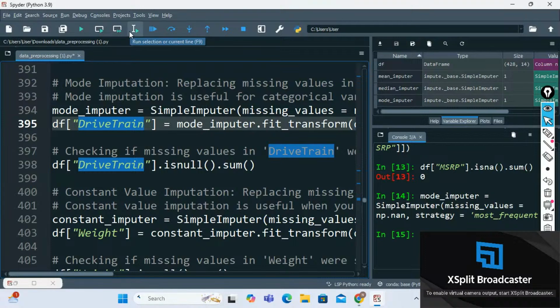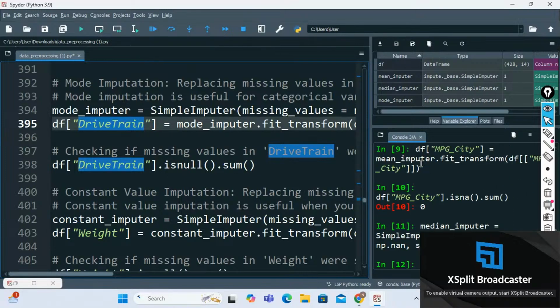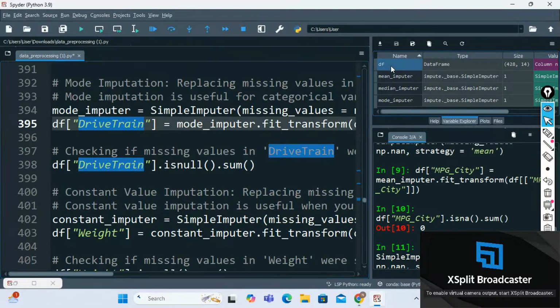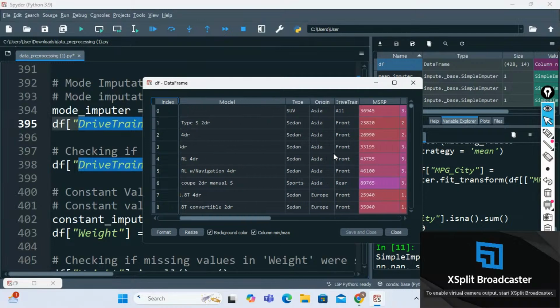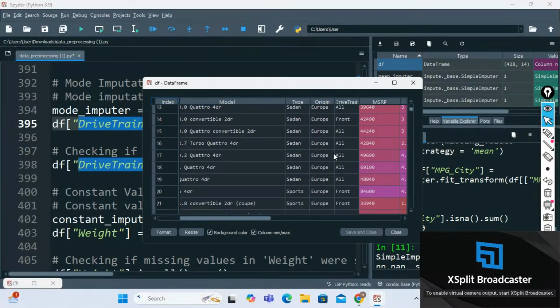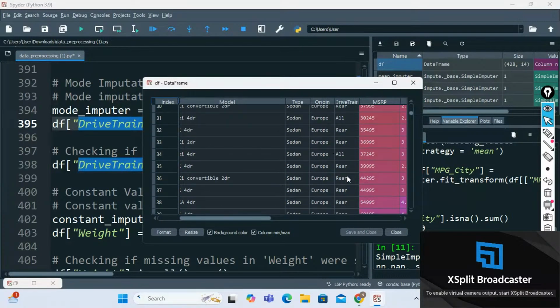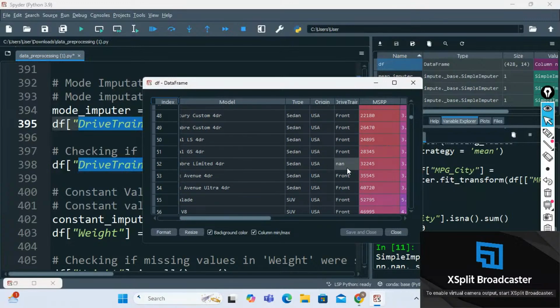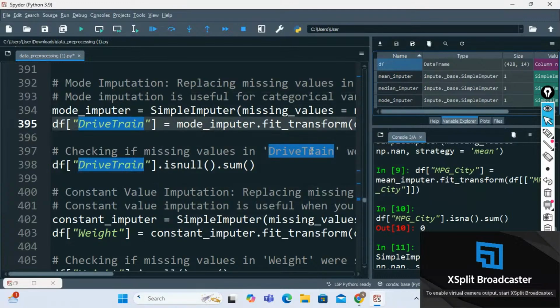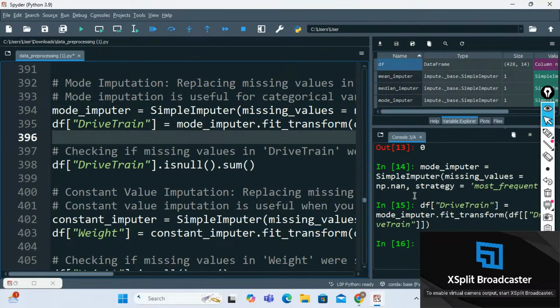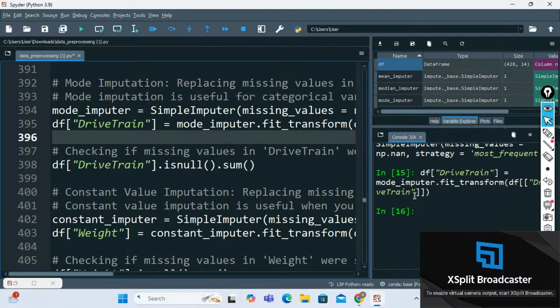So this is again a numeric. Is it numeric? No, it's non-numeric, right? Drive train is non-numeric. So okay, in this particular column also there are outliers, drive train. So I am applying mode imputation. Whatever might be the major, the value which is repeated for more number of times gets imputed wherever we have missing values,